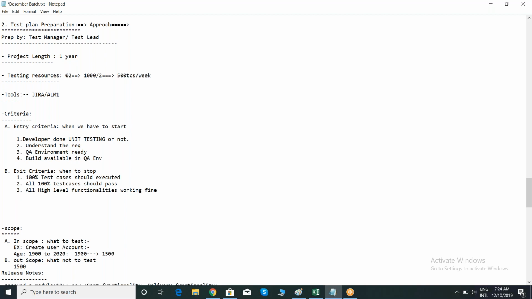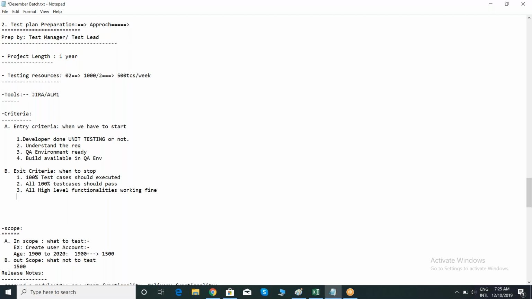Sometimes you may not have time to execute all test cases. Let's say the people have given you until Friday afternoon. Friday end of the day you have to deliver the application. At that time you have to verify whether all high level functionality is working fine or not. They'll give you the approach: we have limited time, so we are approaching testing of all high level functionalities only, rather than going for entire testing. At that time you have to execute high level test cases,